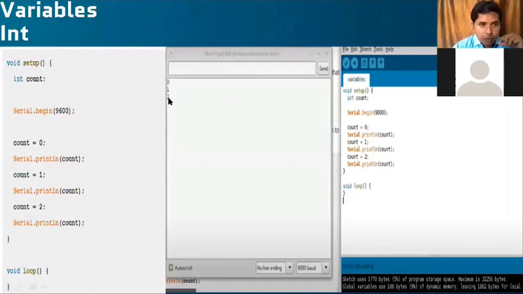So this program shows how to write variables in your Arduino programming. See students, I'm telling how to use the variables, how to use loops like while loop, do loop, and how to use the if else statement, how to use arrays, how to use strings, and I'm teaching how to use arithmetic operations, logical operations, and relational operations.